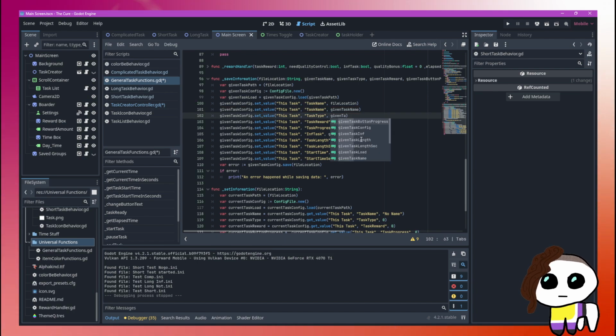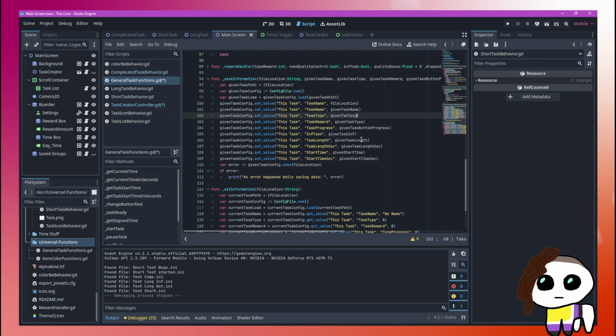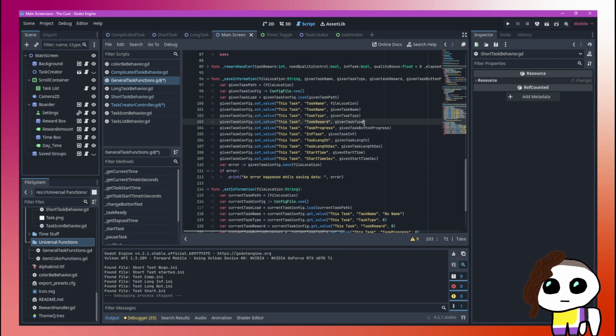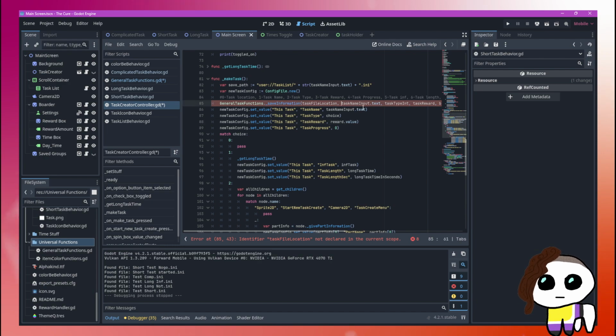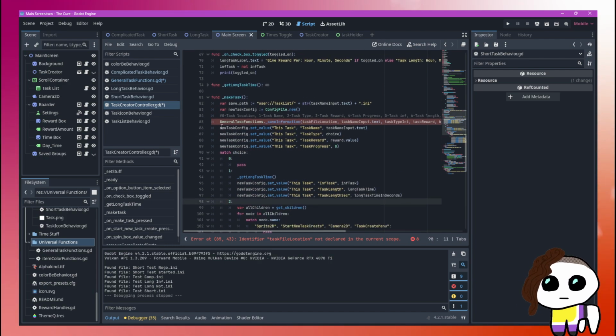Given task type. Task type. Given, oh my god, I'm just an idiot. That's what happened here. That's why everything's disappearing. Oh, I'm an idiot. Okay, I think it was just this top part that was broken. Okay, well, that's why everything was disappearing, but I still want to change how this works